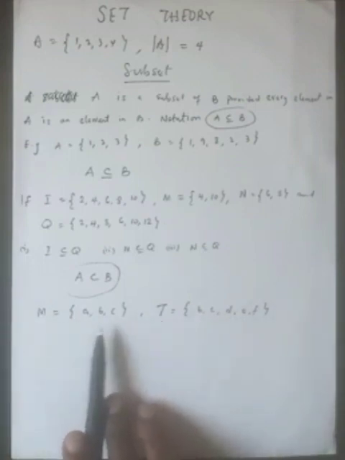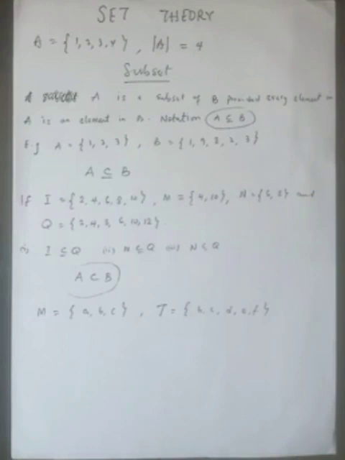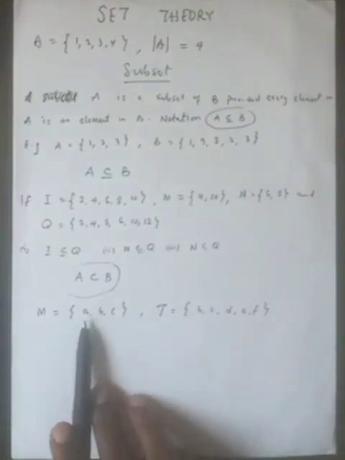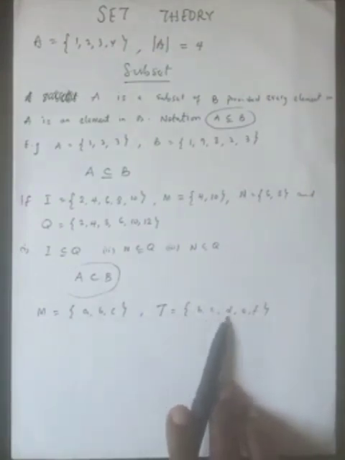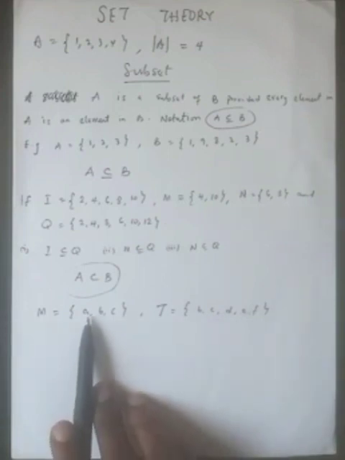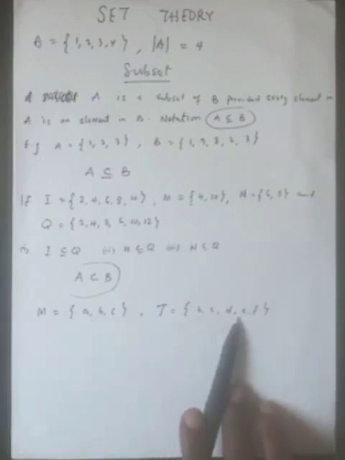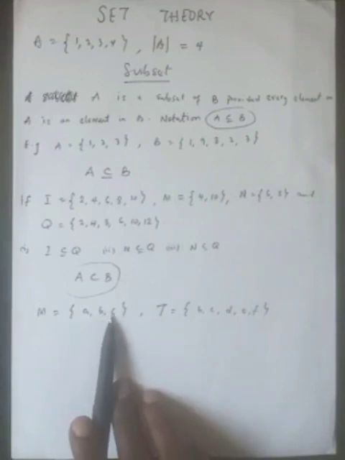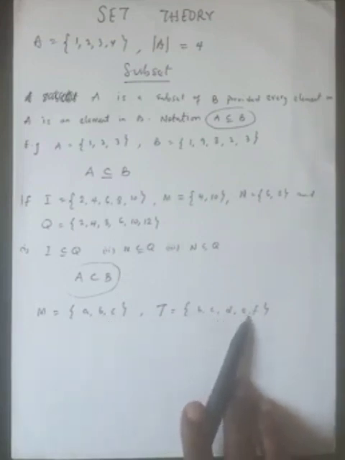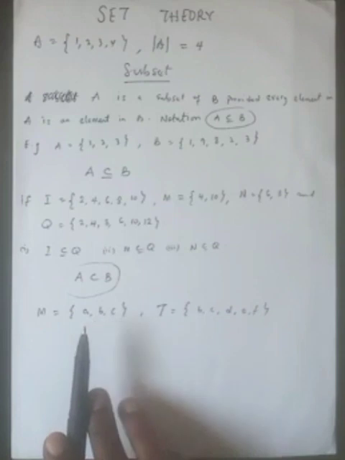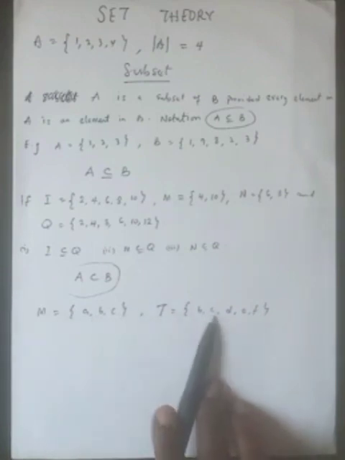So we can see from here that set M is not a subset of set T because there are some elements in set M that are not present in set T. For instance, I have A in set M. A is not present here, but Y, B, and C that are present here are also here. So the mere fact that A is not present in set T is enough for us to conclude